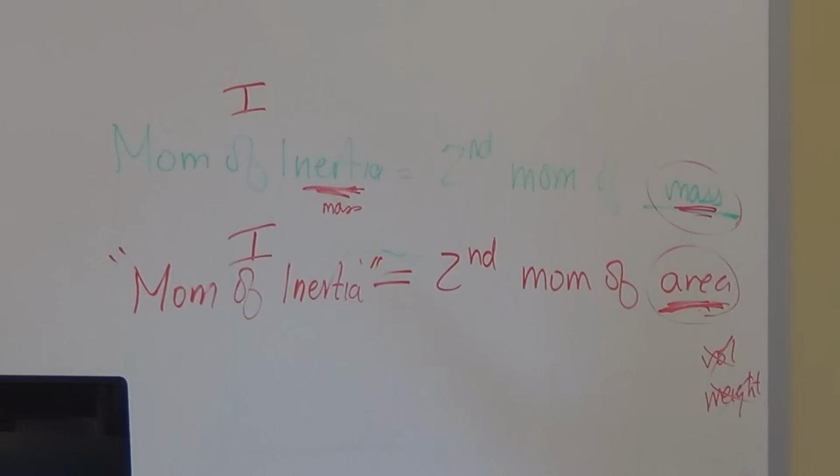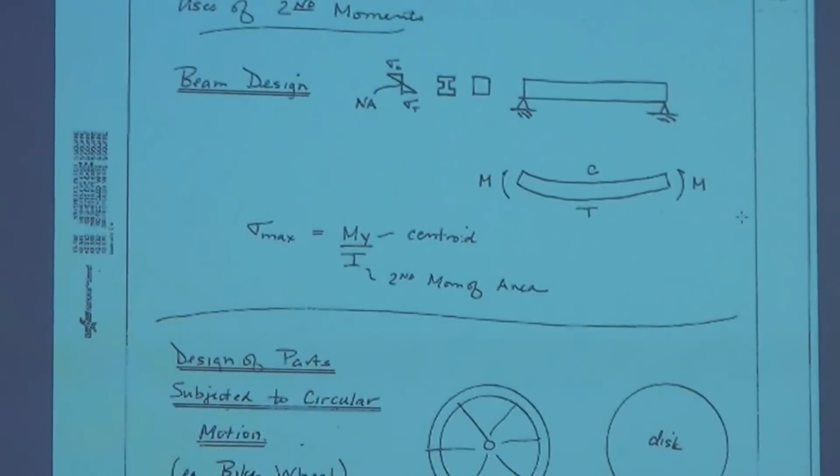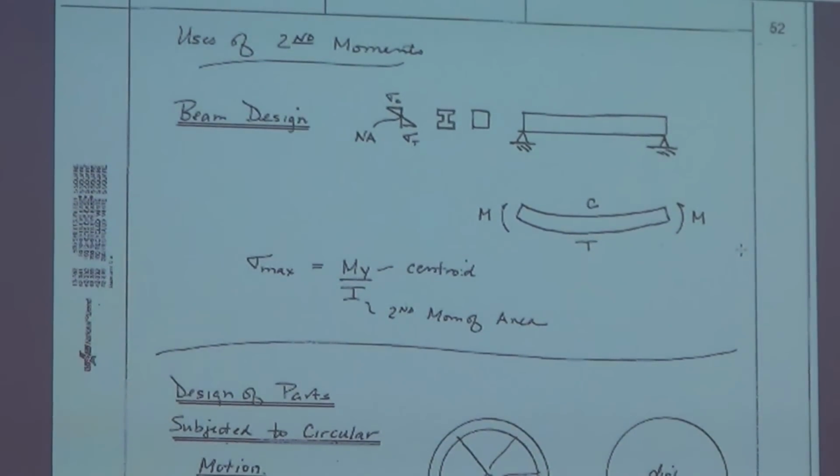So here are three uses in engineering that you need moment of inertia. Two of them are civil engineering examples, like static examples, and one is a dynamic example, which could be mechanical or aero. So the first one is beam design. And you're going to see all this in the next. What are the two first courses you're going to take when you transfer, if you're a mechanical or civil? Dynamics and